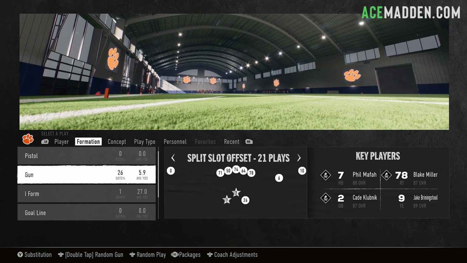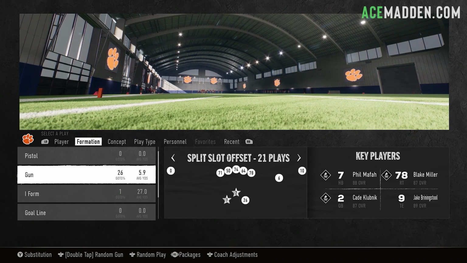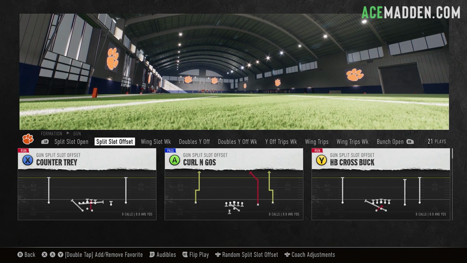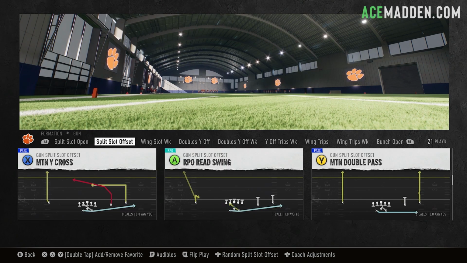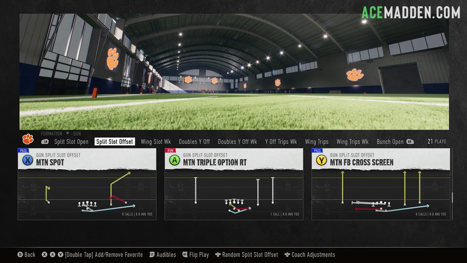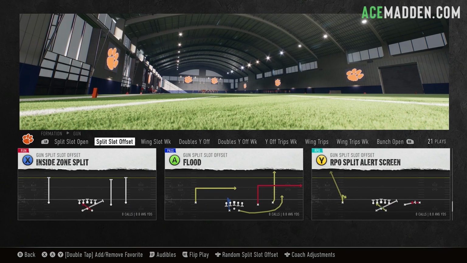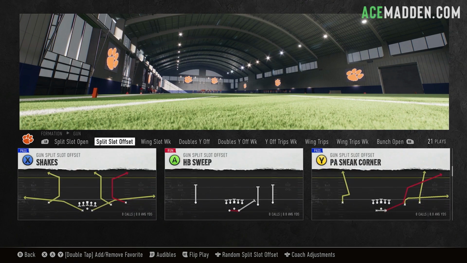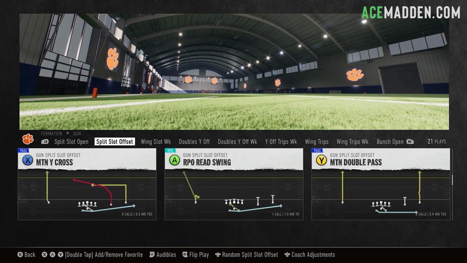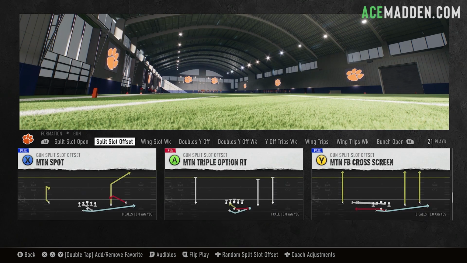Okay, so the formation we're going to be working out of is going to be split slot offset. And this is a fun formation because it has motion swings like RPO Read Swing. It has motion triple option right. And then you have some good passing plays to accompany those. So this is a fun mini scheme. So what I'm going to do first is talk about the run plays, and we'll start with motion triple option